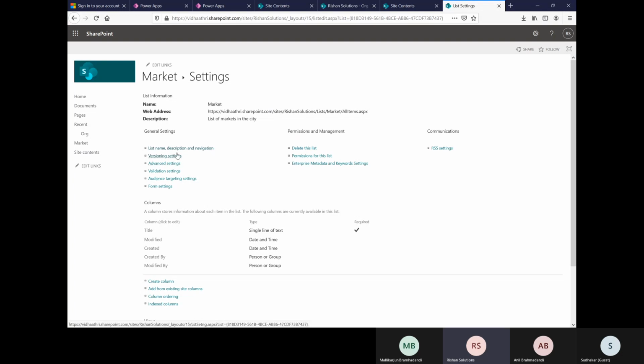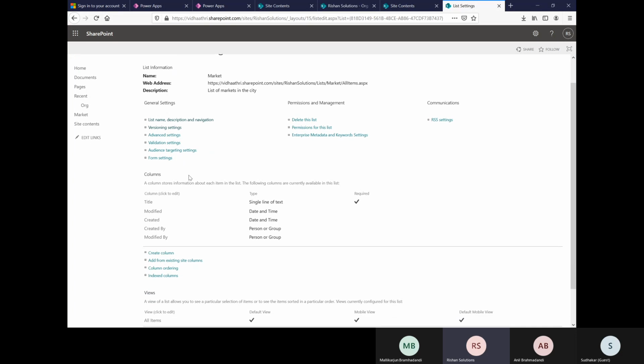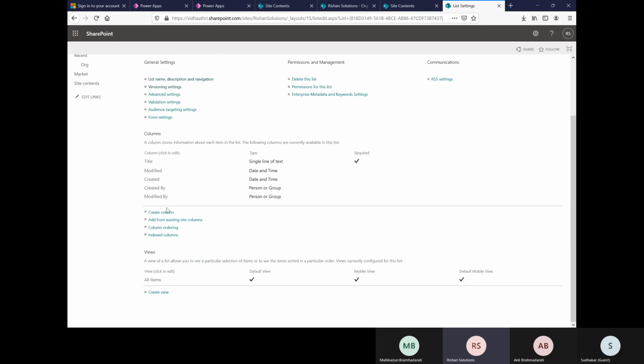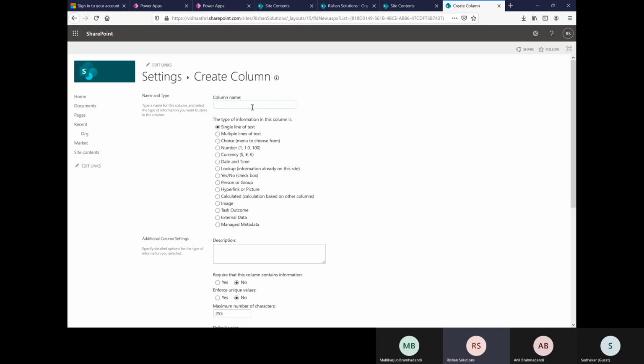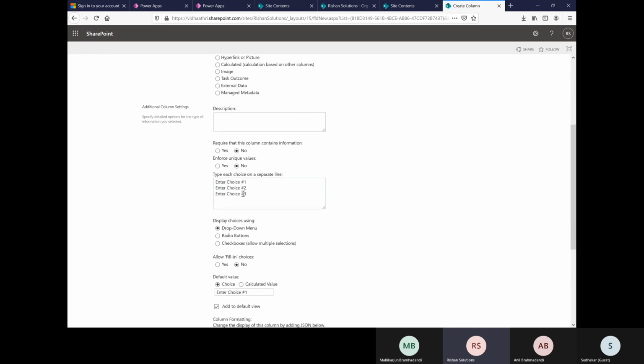We have plenty of other options also. Before discussing all these options, first we'll add the data and we'll see how it works. First, I have the title of the market, and then I'm creating a column here. The column name is location. Now it would be choice, or you can give single line of text also, it will work. But if you want to keep specific locations, then you can go with the choices. Now I'm entering the first market, Hyderabad, the second one is Mumbai, and then